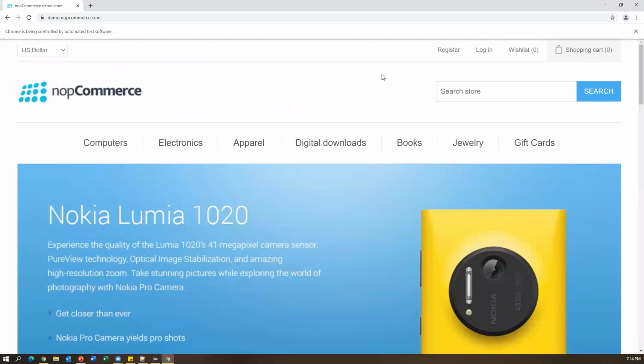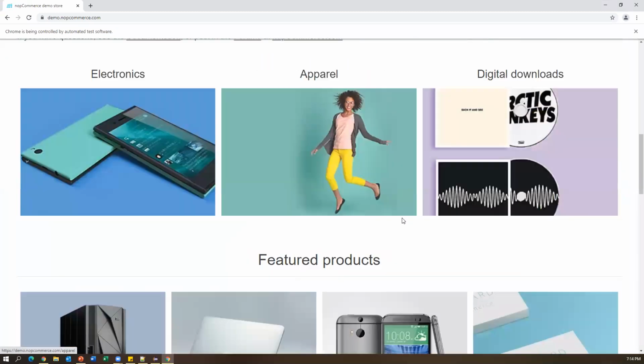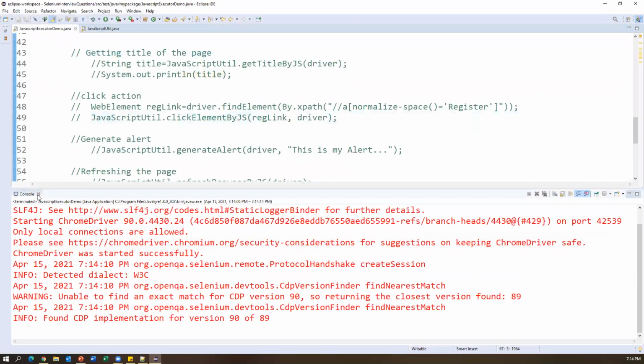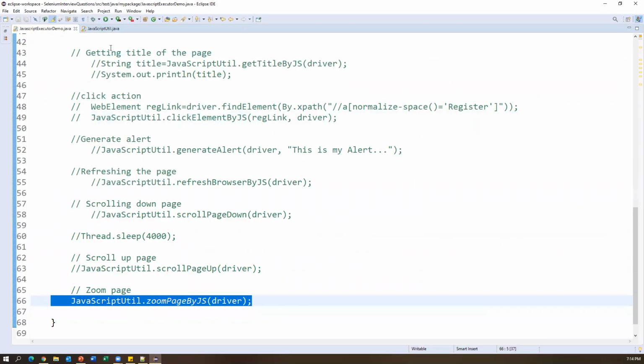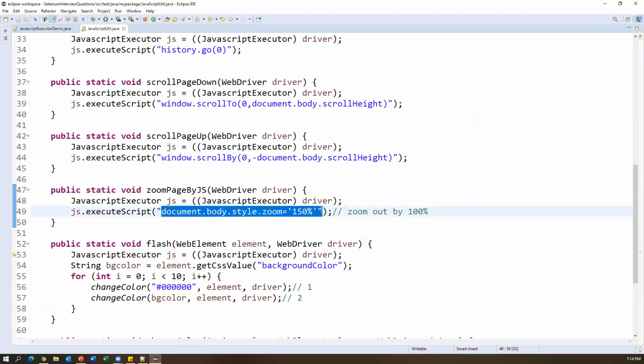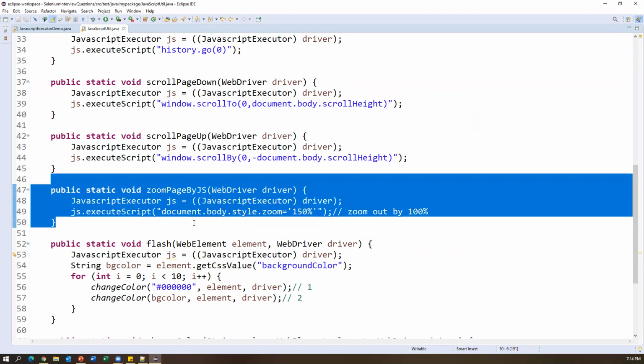Now we can see this is 150%, and the page seems much bigger. All right. So this is how we can zoom in and zoom out by using JavaScript executor. For that, we have to pass this parameter, document.body.style.zoom equal to how much percentage you want to zoom. So we can do this by using JavaScript executor.